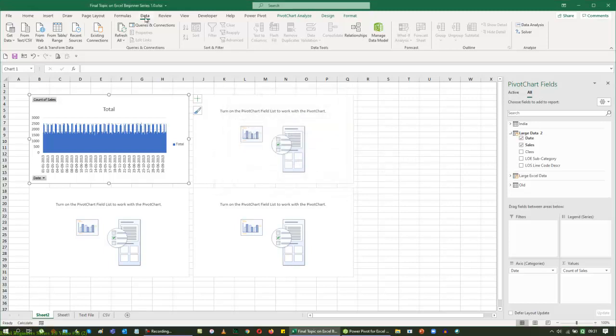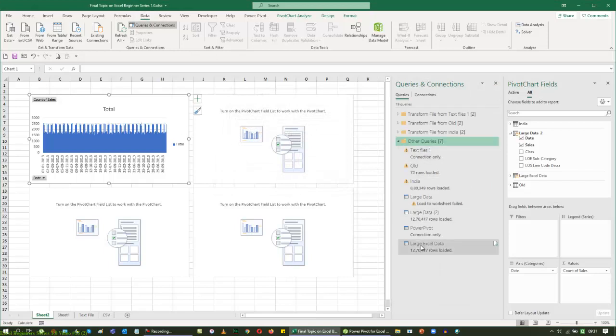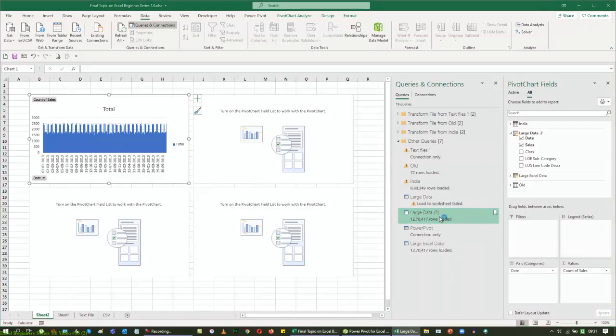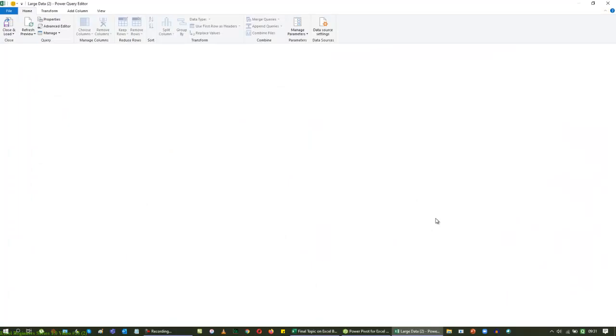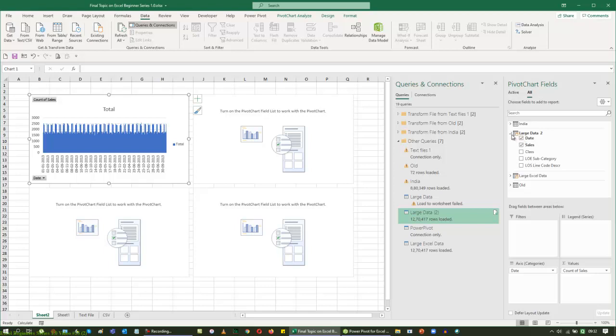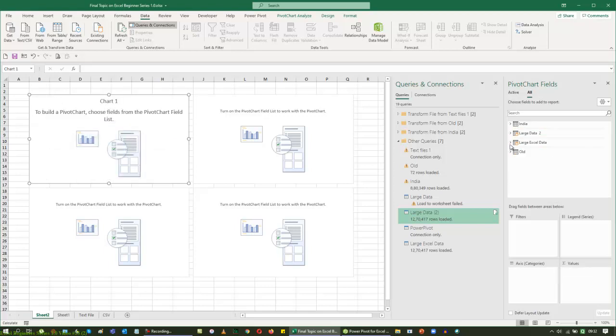So let me come back to my data and query and go back to my list here. So I'm going to go back to the large data. Yes, I'm going to just edit this data. Probably my data are not taking a different data altogether. So it's giving me a different point here. Yes. So let me just close this. Instead of taking a large data here, I'm going to just uncheck these two and go back to my large Excel data and pick the date.